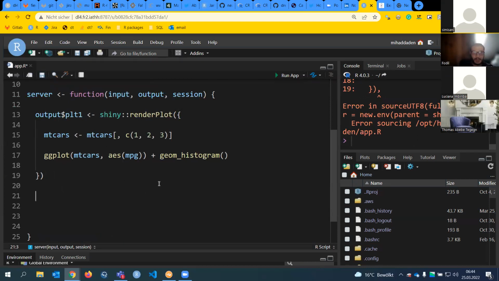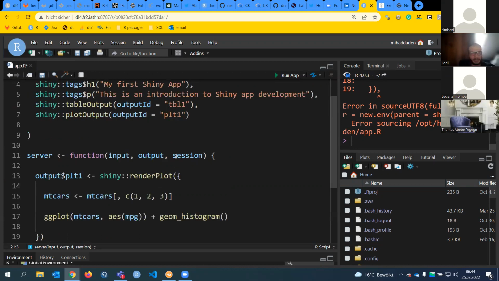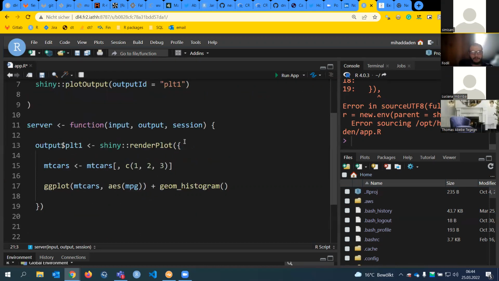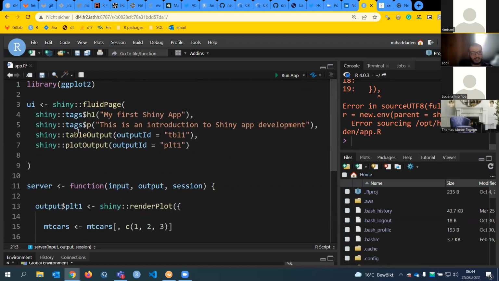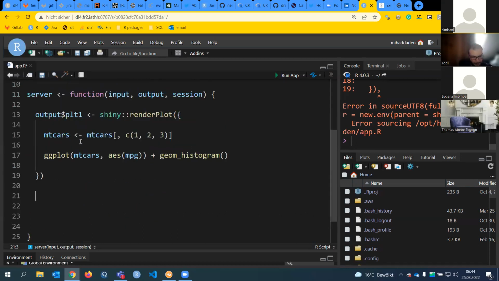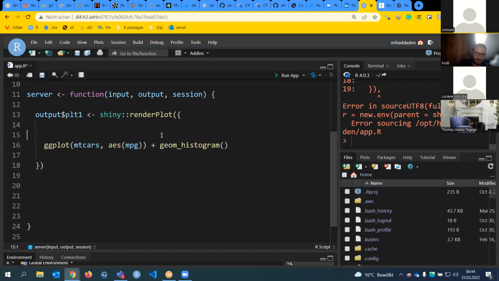So now I have my first plot. I want to provide a table, let's say, of the first rows of my data frame, which is mtcars. We'll remove this because this code is not used at all, just to illustrate the fact. And then I will implement my table.